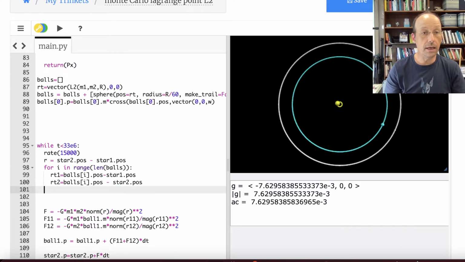Now the next thing I need to do in my loop is to calculate the force. So I'm just going to do this all in one step. I'm going to say F. I could do balls[i].F. Let's do ball Ft. I'm just going to copy this, except I'm not going to say M1 or ball1. I'm going to say balls[i].m times norm(RT1) divided by mag(RT1). Then I'm going to say minus